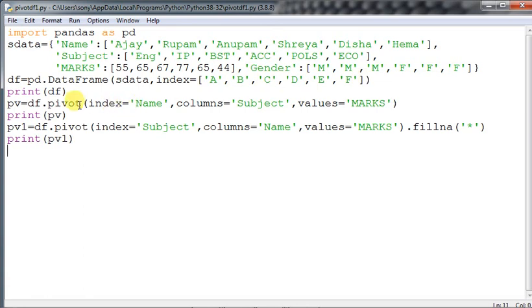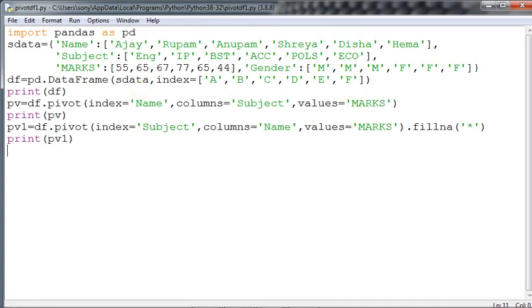But here we are changing that index into name, the columns will be the subject, and the values will be the marks. Wherever the values are available, only there will the values be printed. Otherwise, where there are no values, it will be displayed as NaN, meaning nothing.